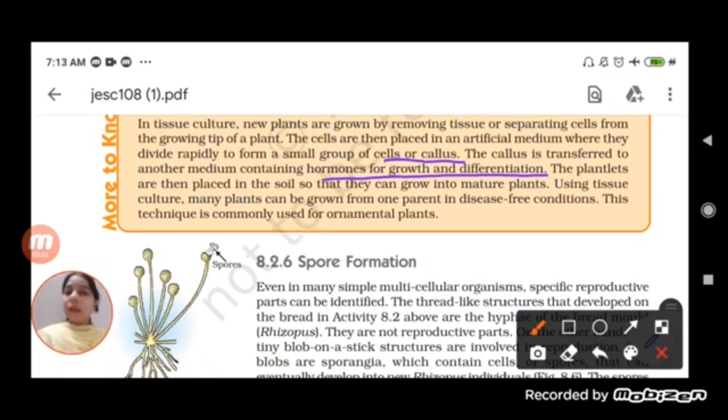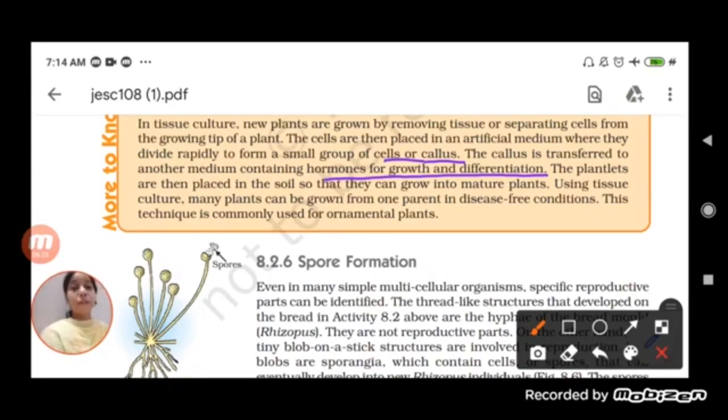We take the plantlet out from the medium and place it in the soil. There it again starts growing and becomes a mature plant. So we can say that the plantlet placed in the soil helps in the growth of the mature plant. This is how we can use tissue. This is also a kind of asexual reproduction. We have taken a tissue, a specialized group of cells,